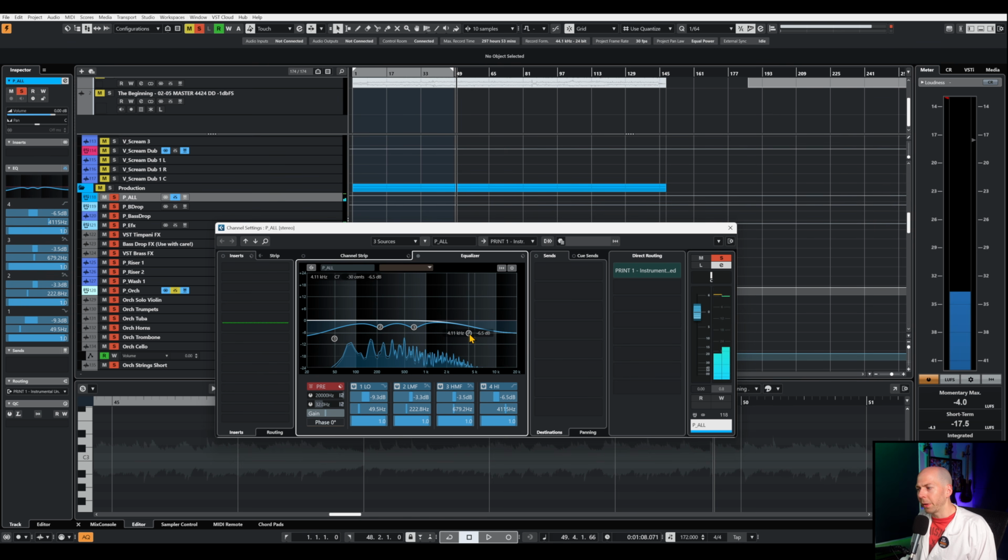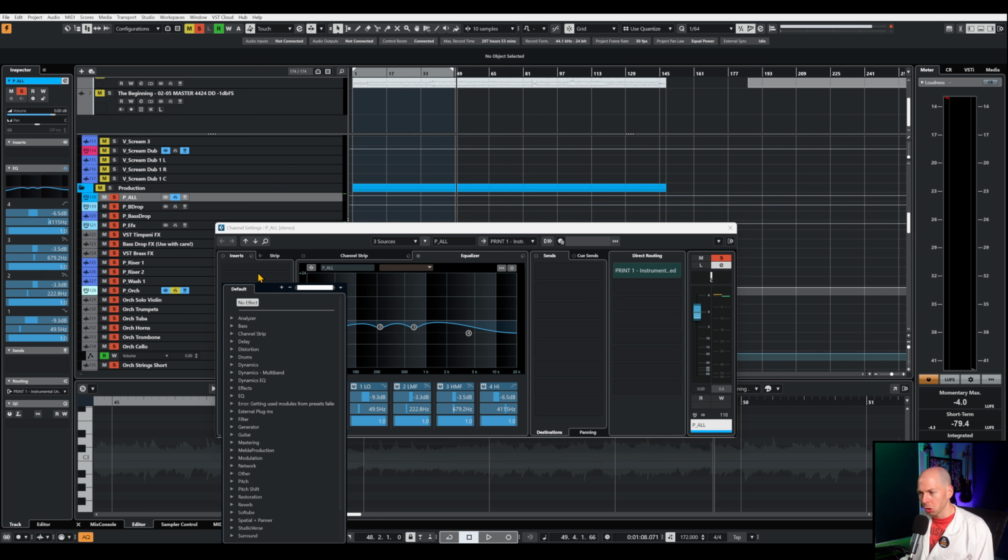See, that top end sounds really good in solo, but when you put it in the context of the mix, it just gets in the way of everything else, okay? So this is why it's important to have all the stuff going, so you can prioritize which frequencies are being cut and which ones can be left in. So that is a good first pass, but if we want to be more surgical, what you can do is